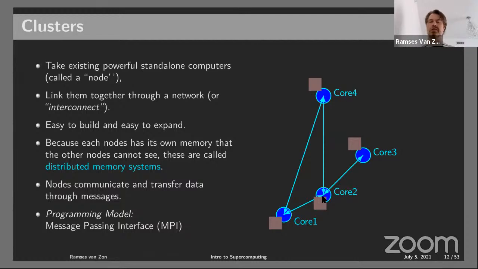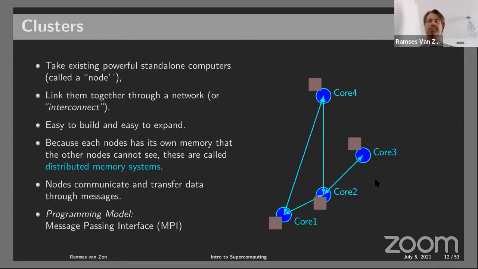And then you invest in a fancy network so that at least this data transfer is as fast as it can be. And there you go, you have your cluster. So these are called distributed memory systems because each core has its own memory. Remember, one of the cases you might want to use a supercomputer is because you need more memory. Say this is, let's say, 16 gigs for one of those squares, and I need 64. I now have 64, but they're all divided up. They're separate. So I would have to be very careful to make sure that the right piece of the puzzle is in the right spot. So this is a distributed memory system.